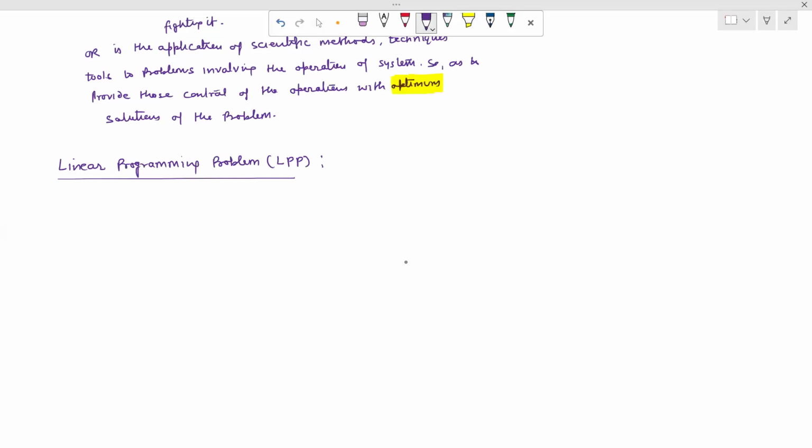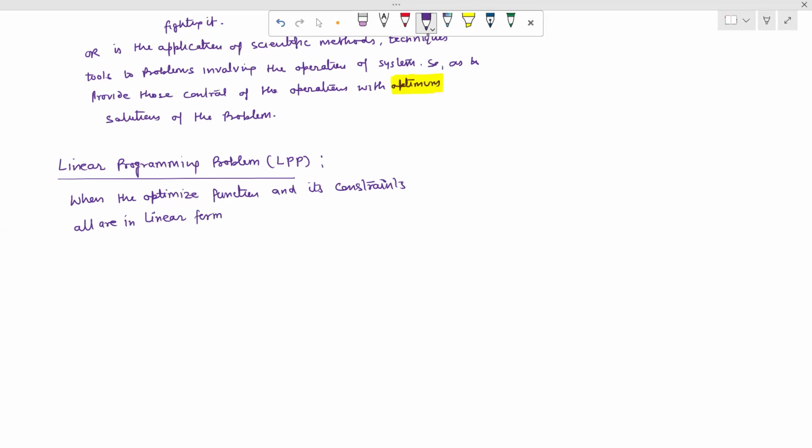When the optimized function and its constraints are all in linear form, meaning having degree 1,